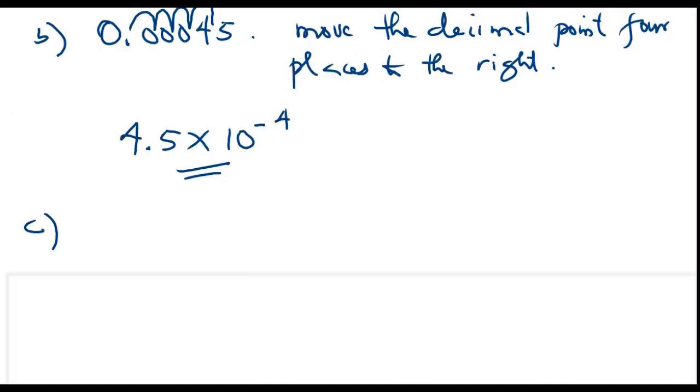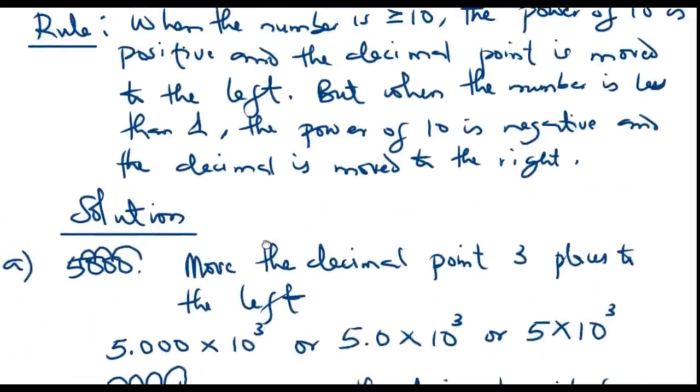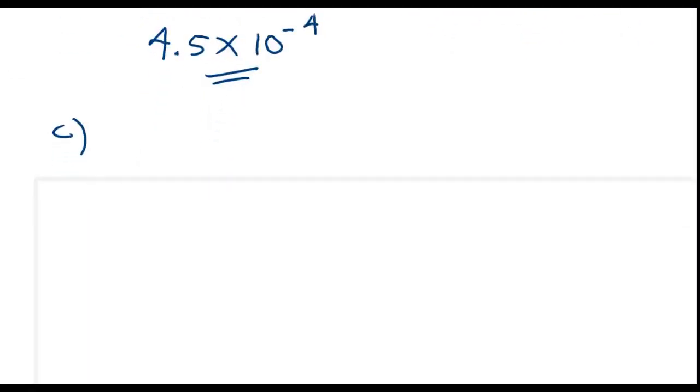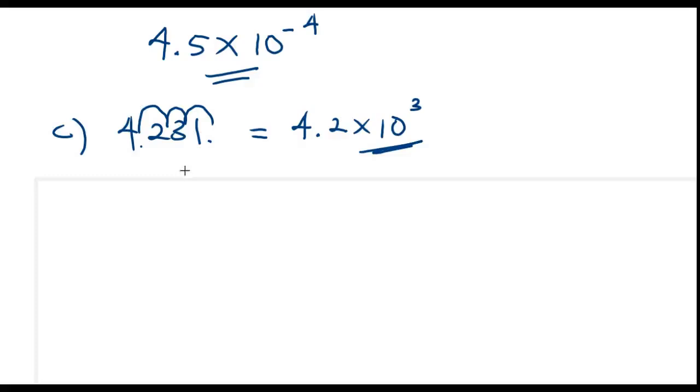Let's look at the third question. We have 4231. This is also a number that is greater than 10. So we assume that the decimal is somewhere here. All right. This is 4,231. So what do you do? You shift the decimal 3 places backwards. So that will be 1, 2, 3. So this becomes what? 4.2 times 10 to the power of, how many times did you shift it? 3. So that should be